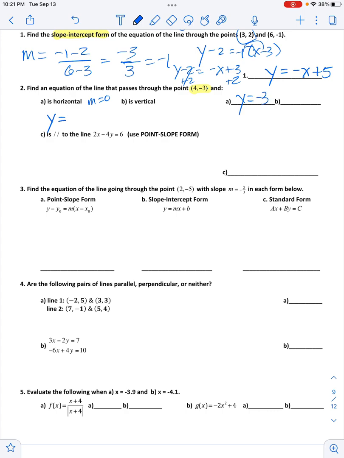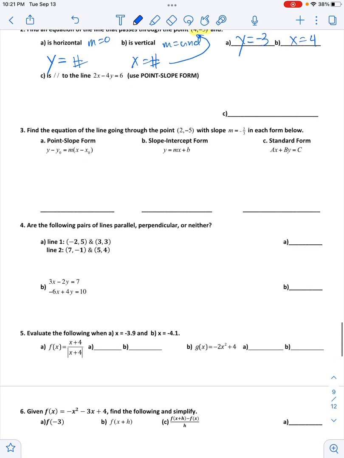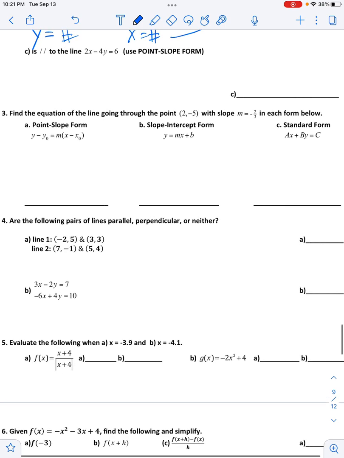Similar thinking, if it's vertical, keep in mind that your slope is undefined and that it would only cross the x-axis, so it's going to be x equals a number. But in this case, that number has to be a 4 in order to cross through that point. And there's never any math with horizontal and vertical lines, so you just have to kind of learn what to do in those scenarios. Okay, this says that it's parallel, so that's code language for same slope